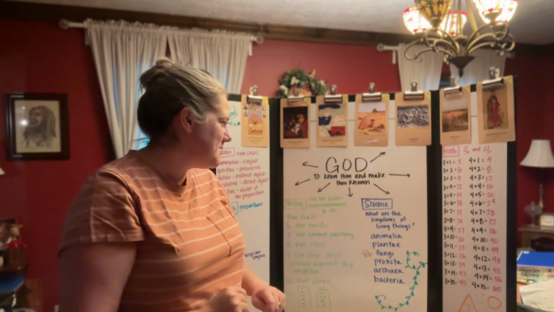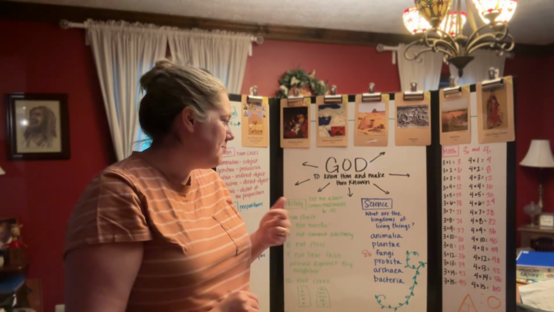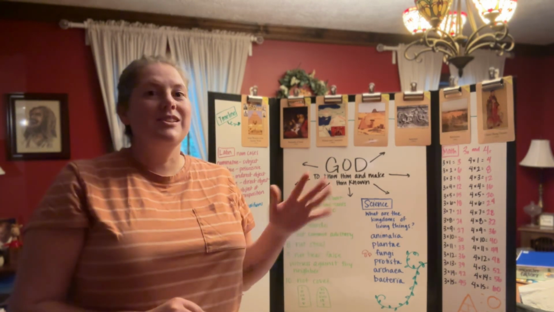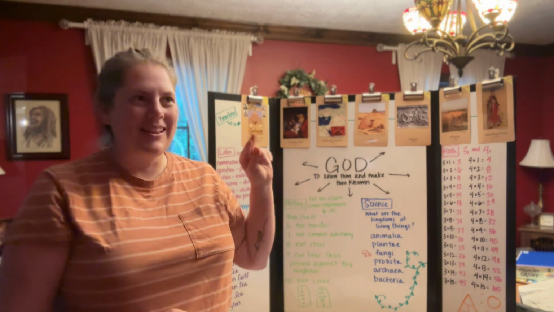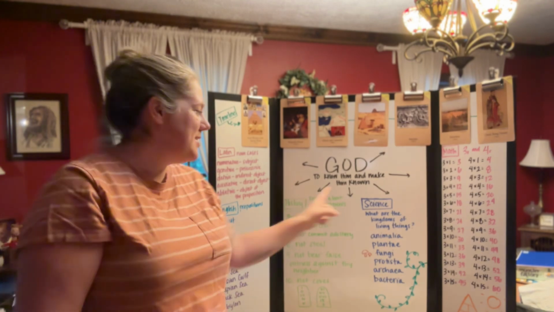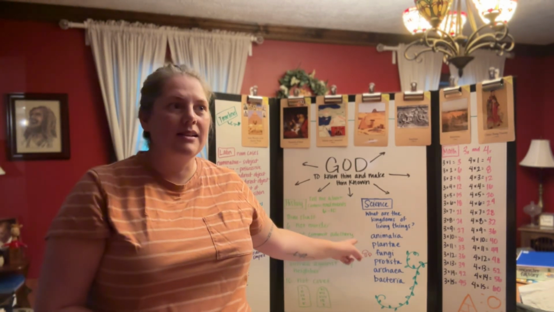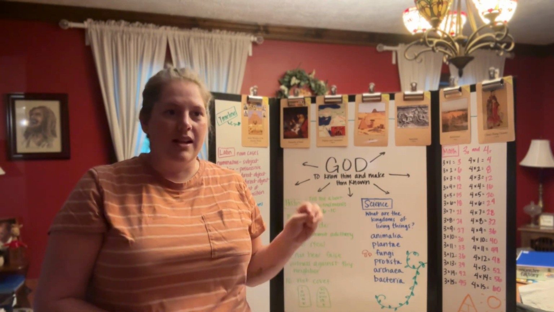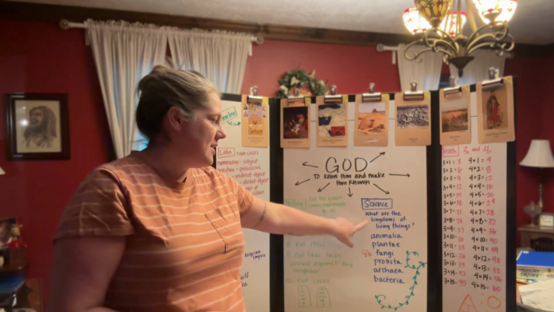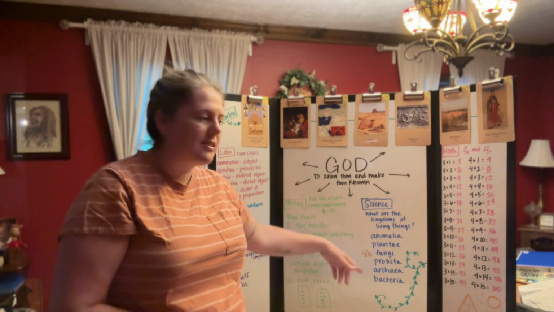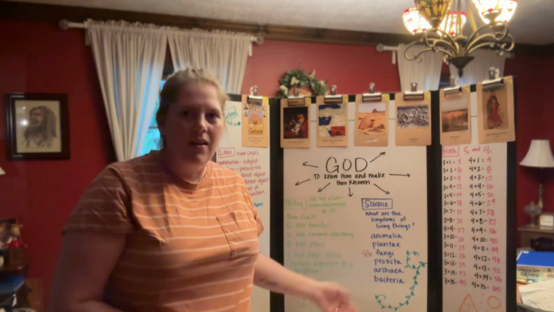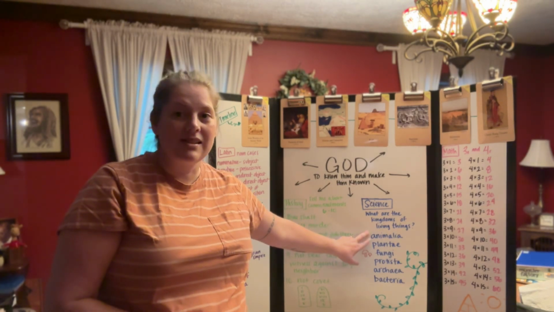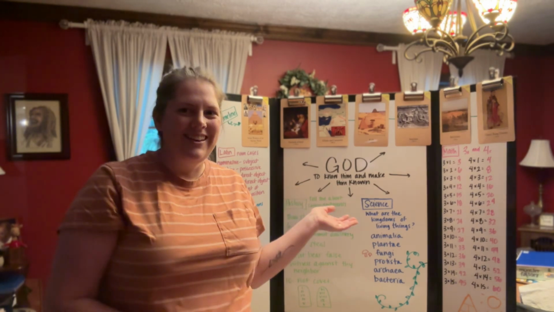For science, what are the kingdoms of living things? Animalia, Plantae, Fungi, Protista, Archaea, and Bacteria. I learned a little bit in class today because I'm the lead learner, I'm not an expert, that these are the Latin names, like what you would see in a Latin scientific name of any plant, animal, living thing. They're the scientific names. In English, we would just say the kingdoms of living things are animals, plants, etc. Fungi is the same, but these are Latin names. We're learning them this way because that's the way it is in a scientific name. And of course, we love Latin, right?